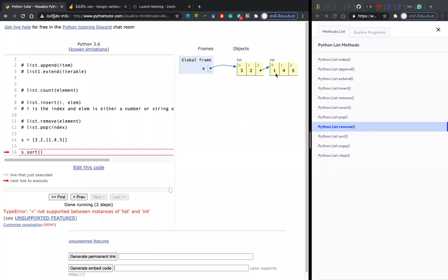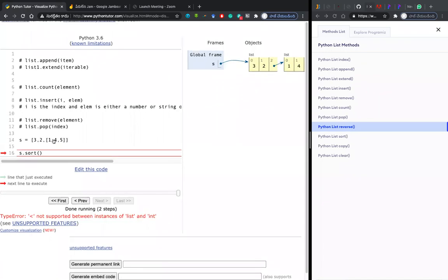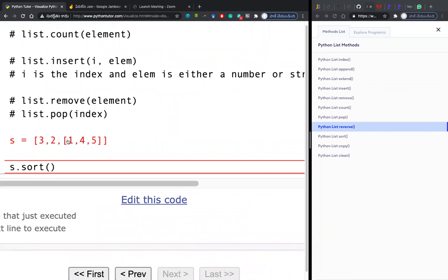The reason is 1, 4, 5 are a list. If you consider this one, 1, 4, 5 is a sublist and the whole sublist is an item. This particular part 1, 4, 5 belongs to the data type list. 3 and 2 belong to the data type integer. So it says the same old error, that a list data type cannot be compared with the integer data type. I think Shashank, you understand that.